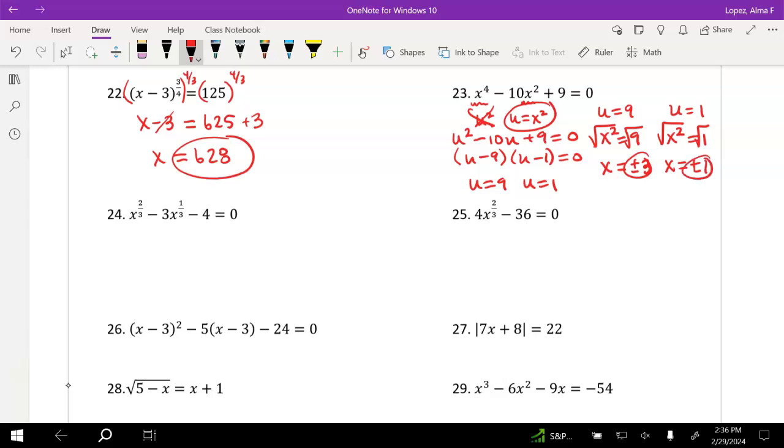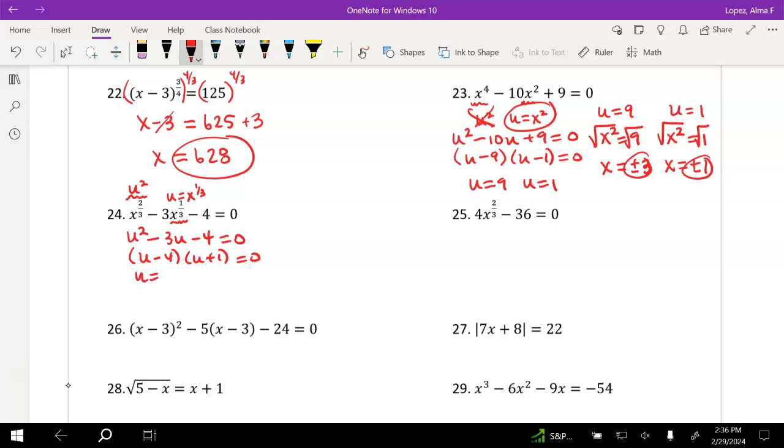This next one is also a u substitution. We're going to let the middle term variable equal u, and we're going to let our lead term equal u squared. Because I can replace it with u squared and u, I end up with a really nice little quadratic that I'm going to factor, but again, you can use the quadratic formula as long as you remember to unsubstitute when you find the u's. I'm going to factor it because it is a type 1,